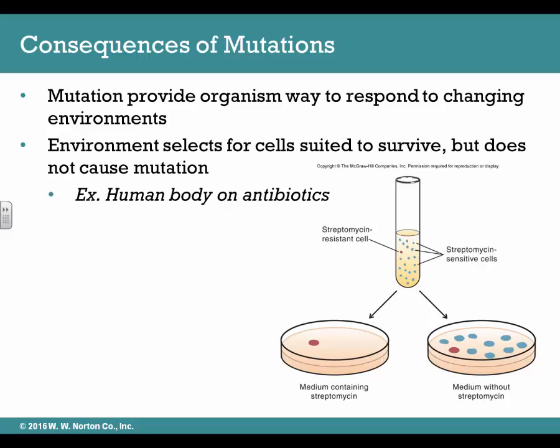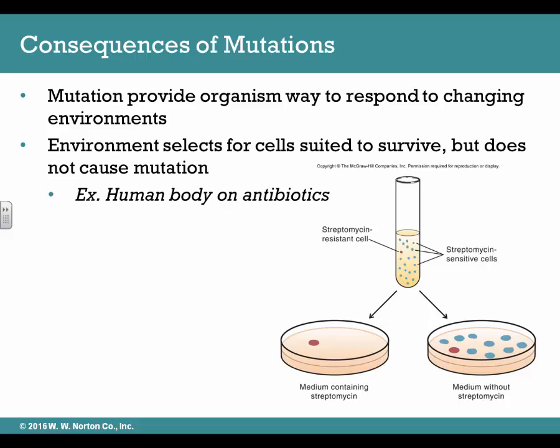And in certain environments, for example, in the presence of antibiotics, it may give that bacterium a growth advantage over the other bacteria in that population. So here you can see in this test tube, in this liquid culture, the bacterial cells are represented by these colored dots, and most of them are susceptible to the antibiotic streptomycin. But there's one that's acquired a mutation that made it resistant to streptomycin,